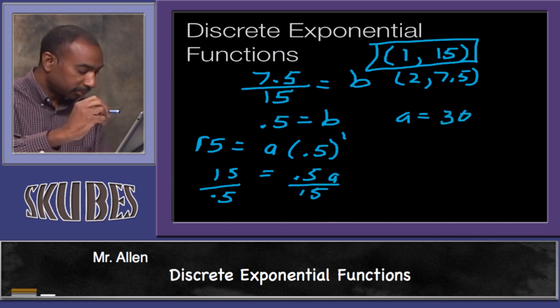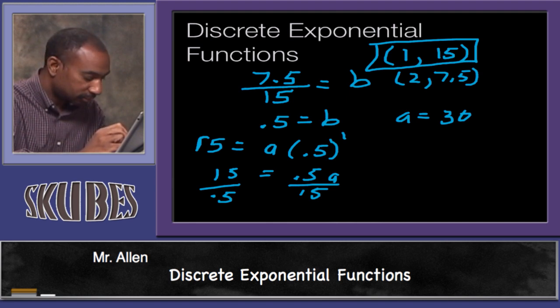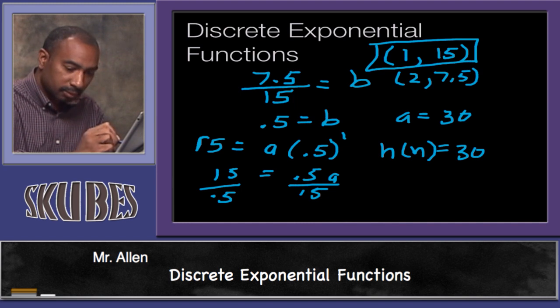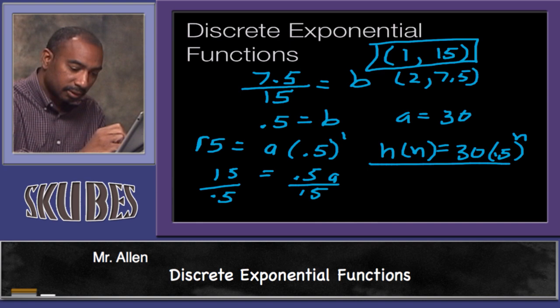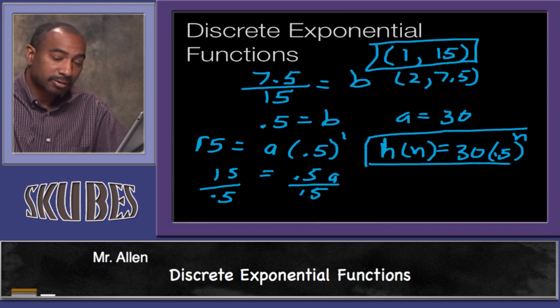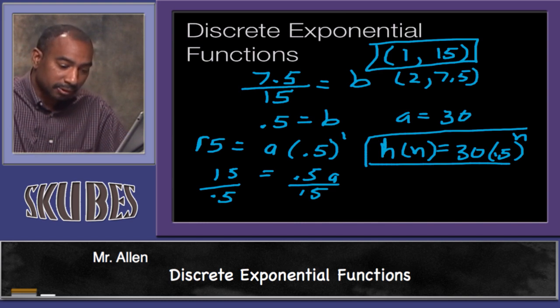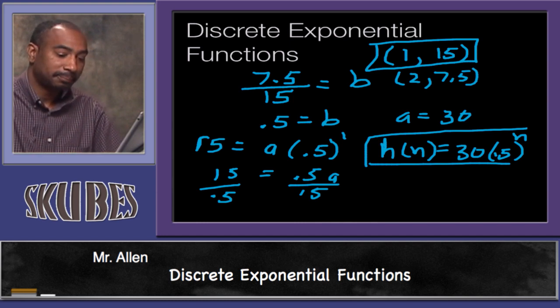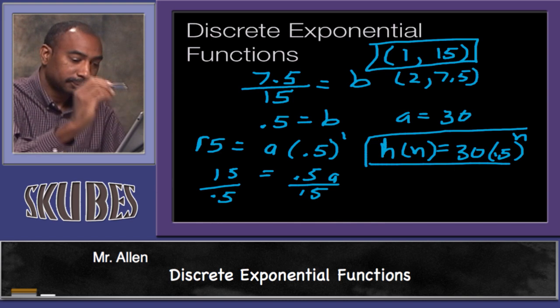So if you want to write that equation, we can just write it like this: h of n equals 30 times 0.5 to the n power. And that will be our equation for the height. And we can use that to figure out the initial height, or we can figure out the third bounce or the fifth bounce and things like that. For example,